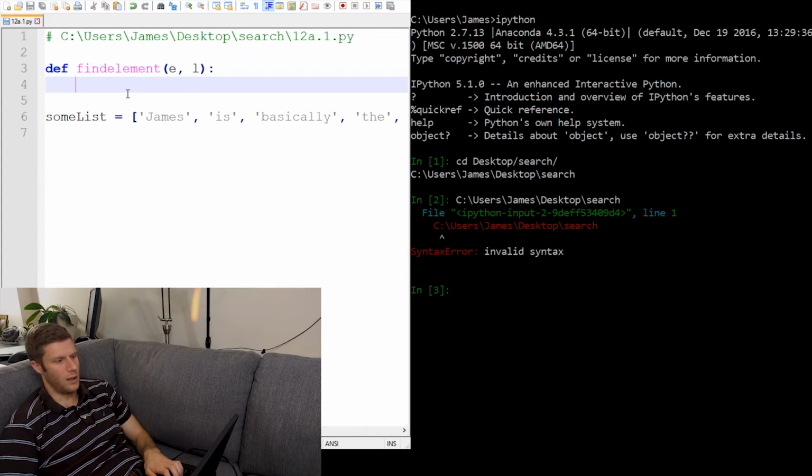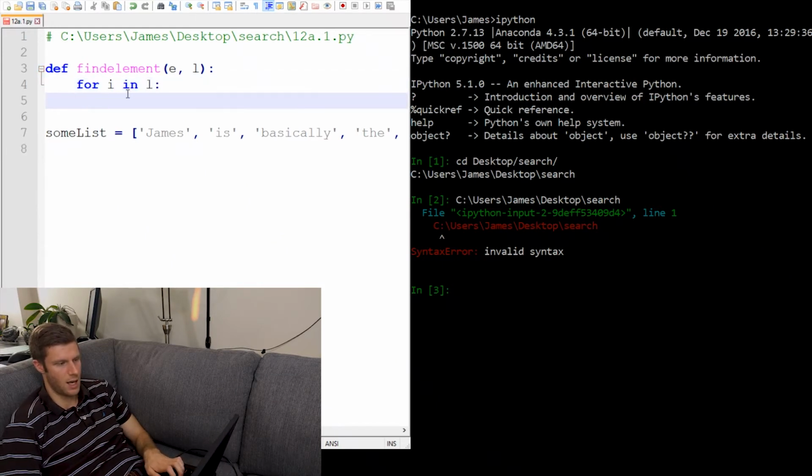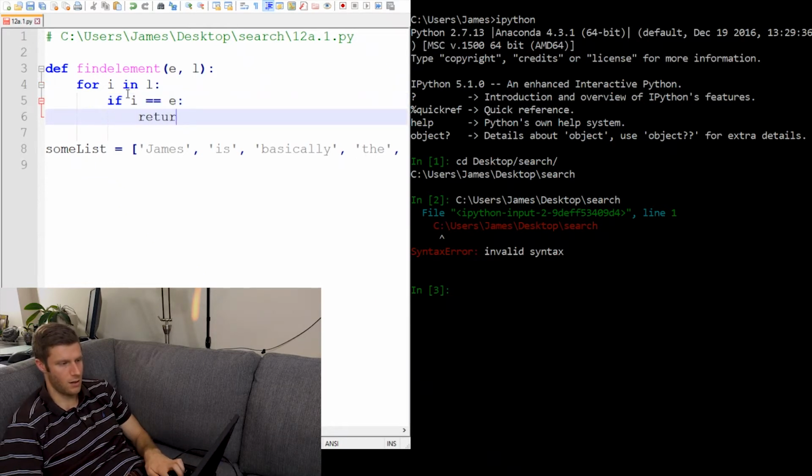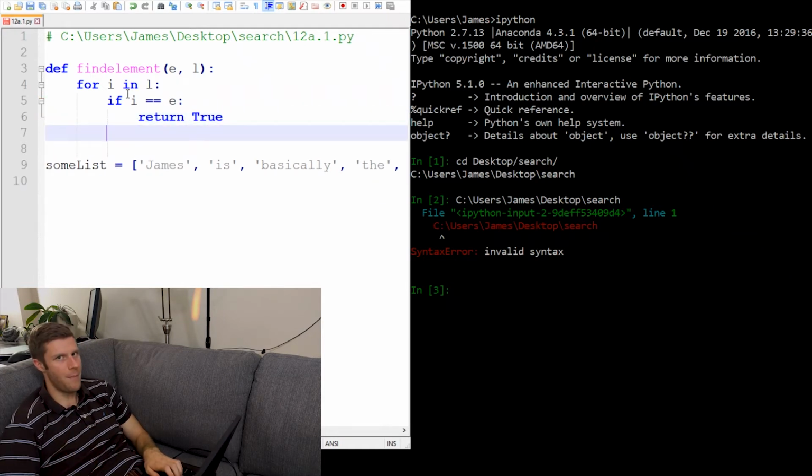So what do we got to do? Well, for each item in the list, if I is equal to E, return true. You might be tempted to put else return false here, but that won't work. This is what I mean. If you do this,